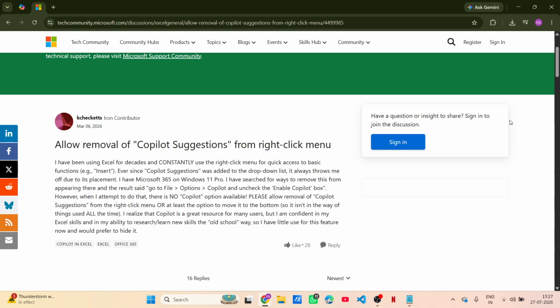Name this new entry DisabledContextMenuCopilot without the quotes. Next, double-click on the new DWORD value and set its value data to 1. This indicates that you want to disable Copilot from your context menu. After you've done this, be sure to close the Registry Editor and restart your computer for the changes to take